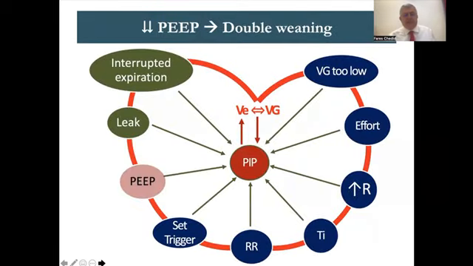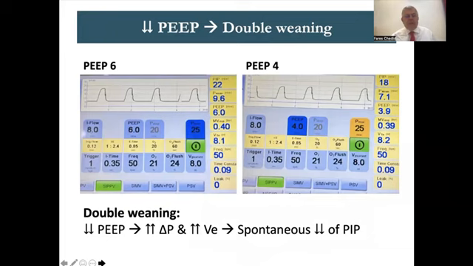Let's progress. That's a very interesting subject. How does the PEEP in volume guarantee affect the PIP? Here I'll demonstrate what's called dual weaning. What gives you the expired volume, what gives the volume is not the PIP. What gives the volume is the gradient between the PIP, which is 22, and the PEEP, which is 6. So delta P gives the volume.